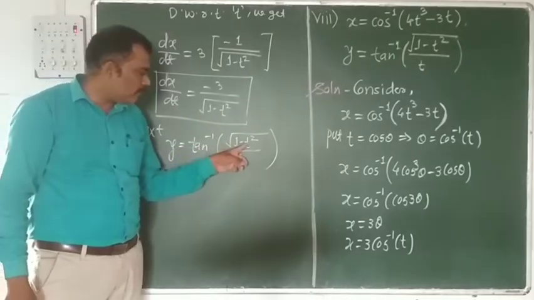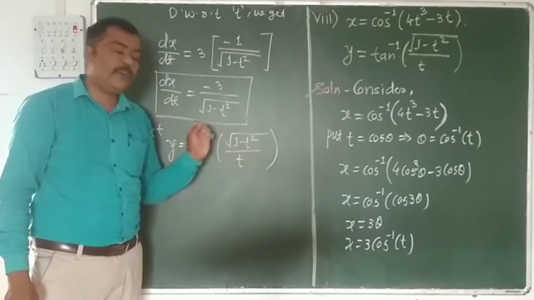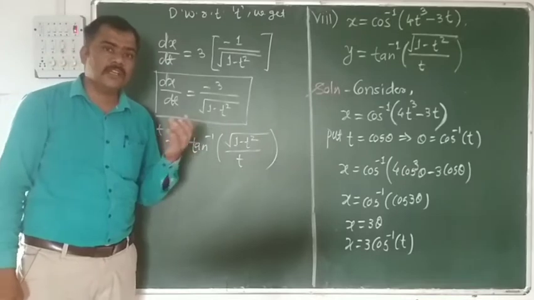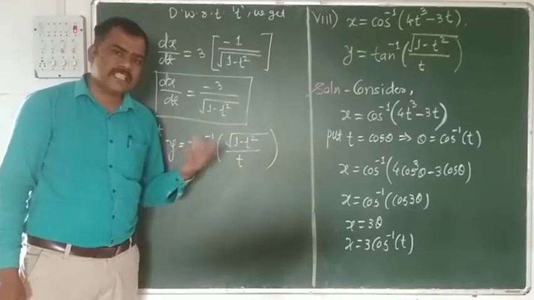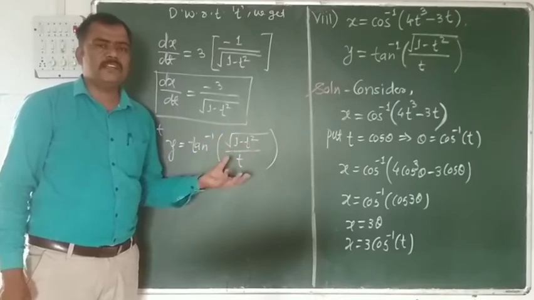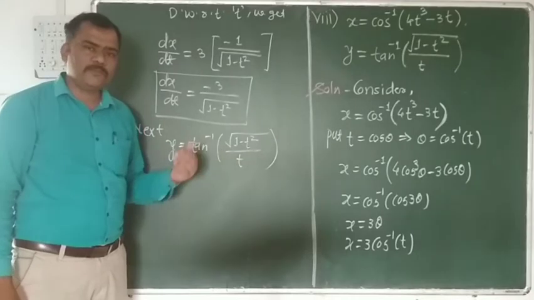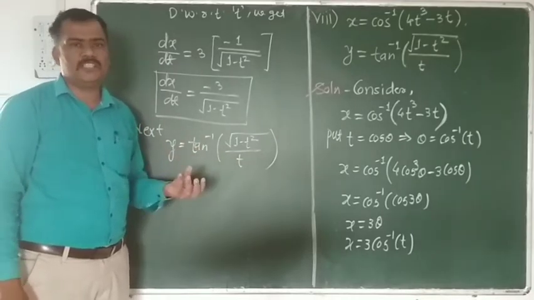If we put sin theta here, 1 minus sin square theta is nothing but cos square theta. If we take the square root, we get cos theta. What we require is sin theta, so we cannot substitute sin theta. We have to substitute cos, which is the easy way, and then we can also solve this example.